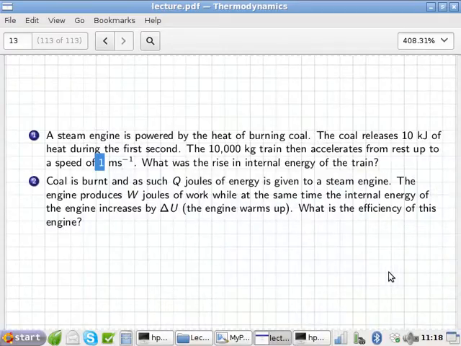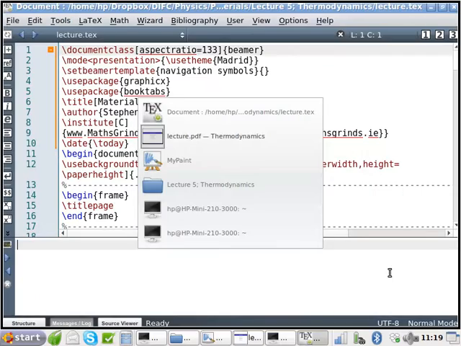So it's exactly the same question, except this time I don't give you numbers. I just say Q, W, and delta U. What's the efficiency? Okay, so if you look at our Dennis the train,